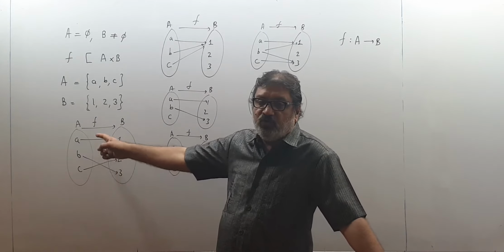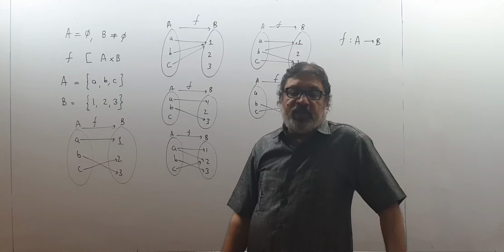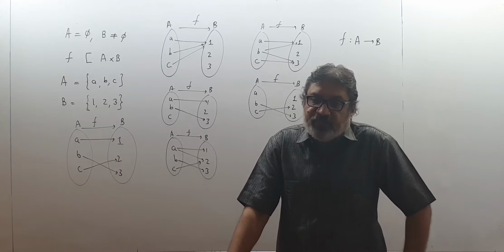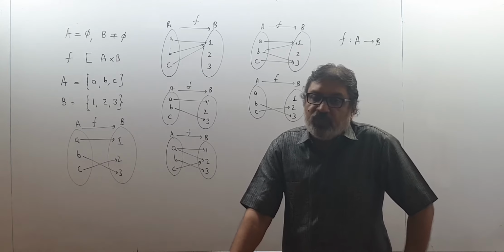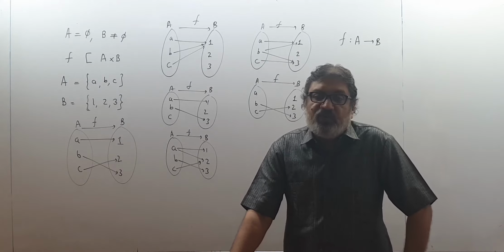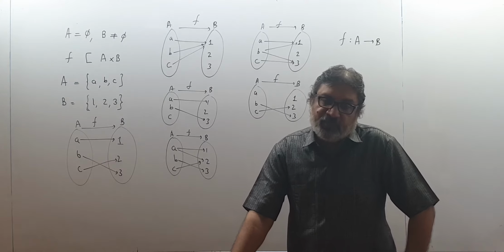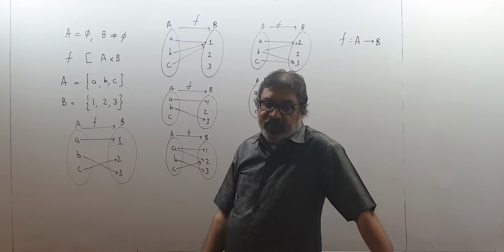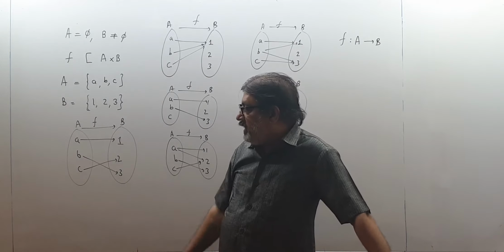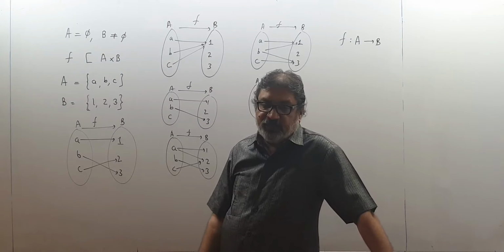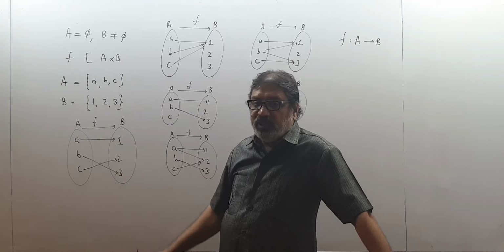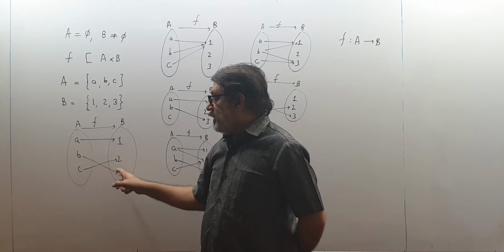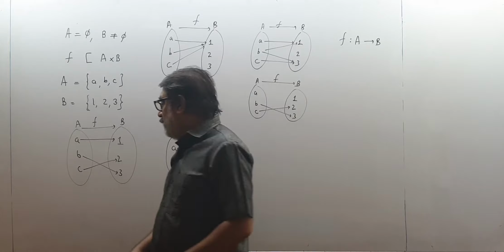Every soldier has to shoot an arrow, and every soldier has to shoot only one arrow on the opposite team. Think like that. Every soldier has to shoot an arrow, and every soldier can shoot only one arrow at a time. So one arrow at a time means it will be corresponding to only one element in the codomain. In simplest language I told you. Now see, every soldier is shooting an arrow? Yes. Is any soldier shooting to two people at a time? No. This is shooting one, this also one arrow, this also one arrow. So this can be a function.